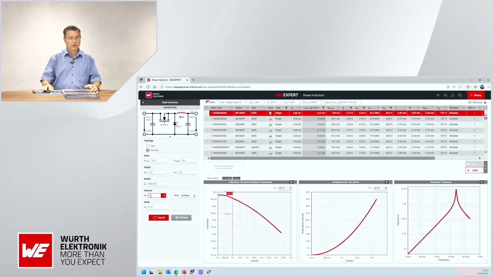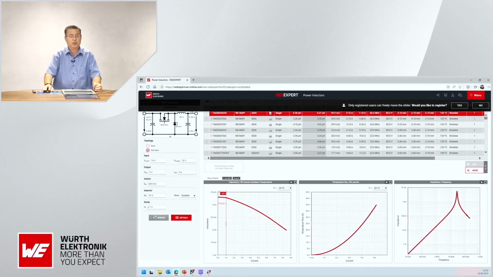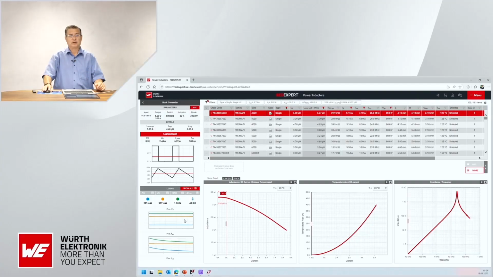And I will go here to show suitable. I click update, and then all the components which don't fit my requirements are automatically sorted out. Now we see we will have a peak current of 6.2 amp. This is very important to take care of, because if you go above this current with a saturation, and the saturation is less than 6 amp, you may have the problem that the inductor will saturate, and the